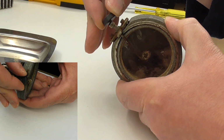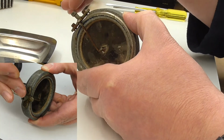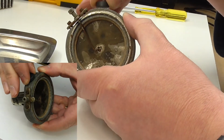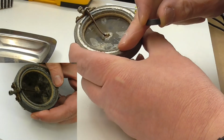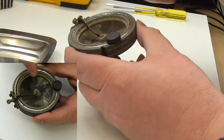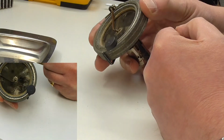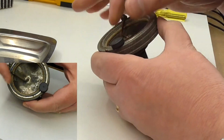This bit here, I don't know what that's made out of, but that doesn't appear to be ferrous. The main body is not magnetic. There's a little bit of rust on this ring here. Yeah, oddly enough, there's a sort of ferrous ring set into what I think is probably aluminium,